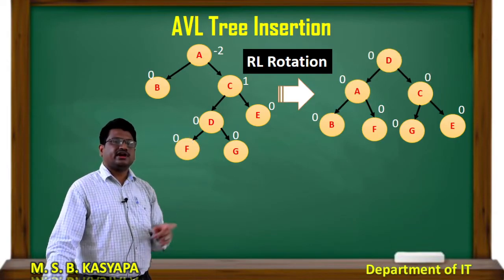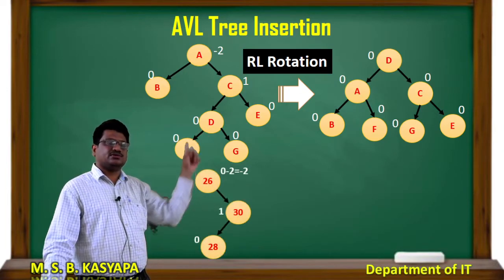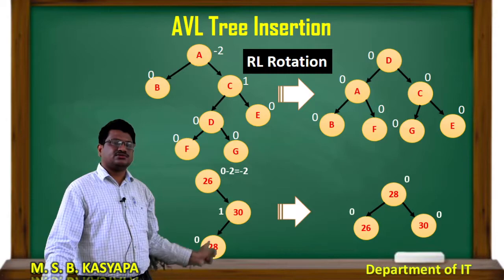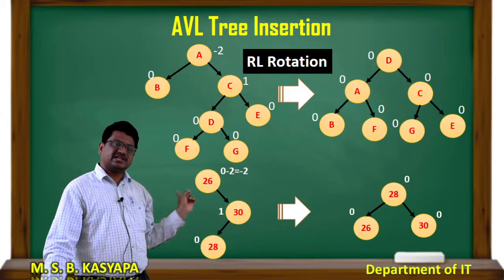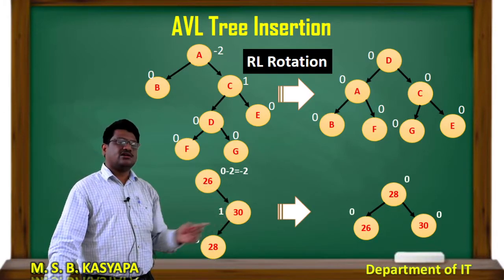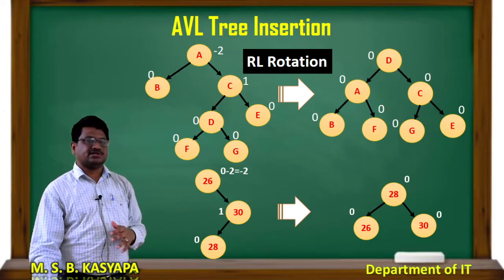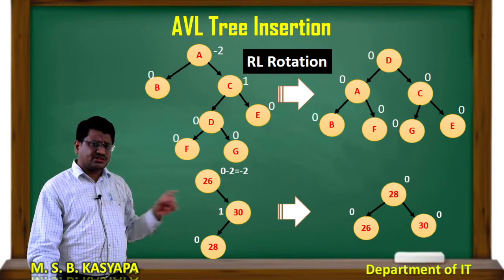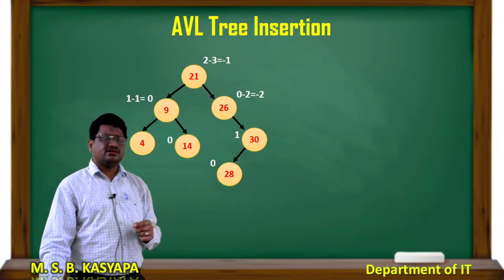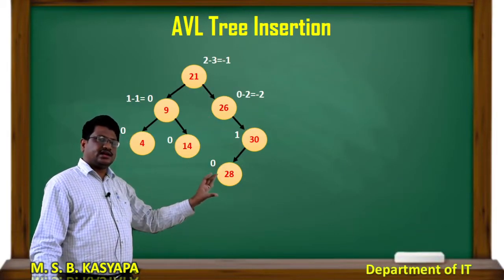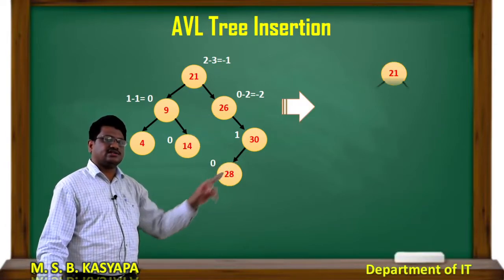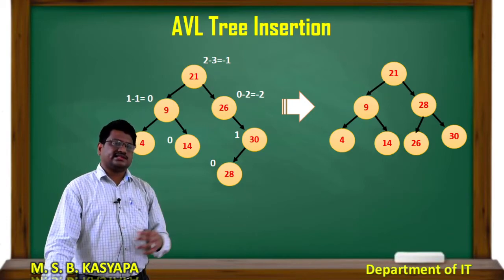Okay. Now according to this, 28 will become the root node. Now if you see, first right, then left, 28 is the root node, and the old root node will become the left child. The right child stays the same. Now if I substitute this part into the main tree, 26, 30, 28 will become: 30 the parent node, 26 left, 28 right child. Now the tree is like this.